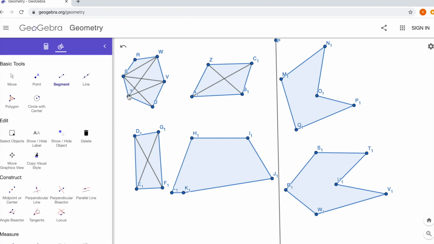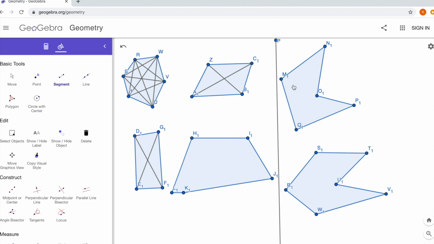I join a diagonal here. These are opposite vertices. I'm joining my line segment. One more diagonal. And all diagonals lie in the interior of the polygon. These are called convex polygons. And in class 8, we will be dealing with convex polygons only. So I joined all the opposite vertices, or non-adjacent, which are non-consecutive also.